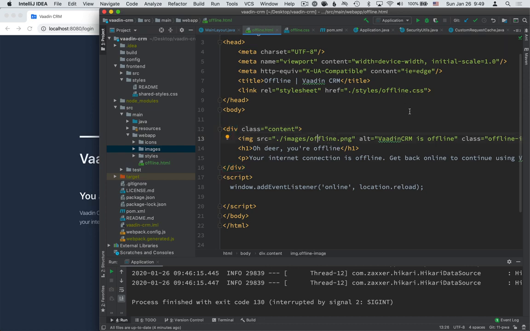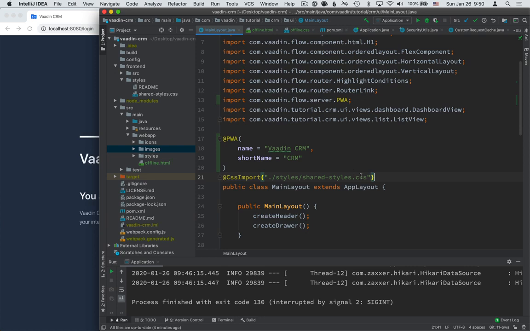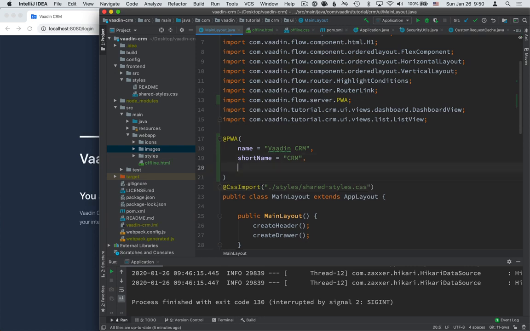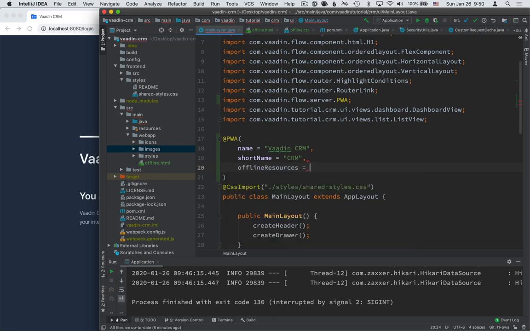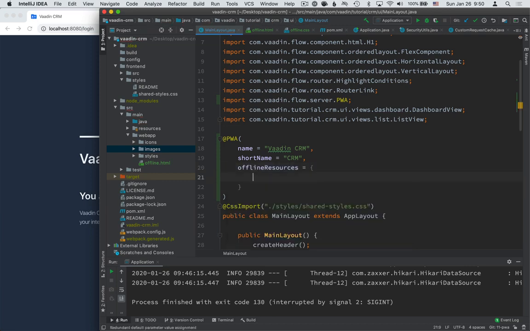So Vaadin will pick up the offline HTML page just by convention, by name. But the names of these CSS and image files here are completely arbitrary. It's something that we made up. So we need to tell Vaadin that those should get cached for offline use. We can do that by defining an array of offline resources here in the PWA annotation. And the paths here are relative to the web app directory here. So styles